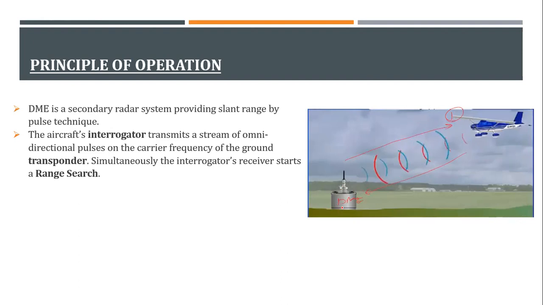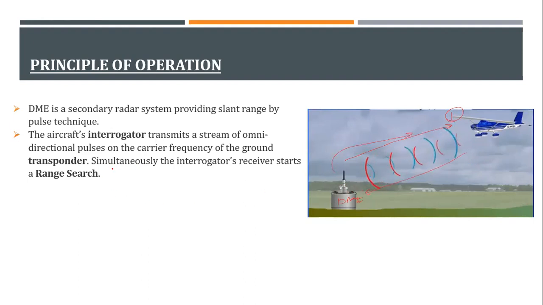Why does the DME copy the signal? Because every aircraft has its own jittered signal. Jittered basically means there's a slight change in the pulse or pulse pair per second. So there is a slight change in the pulse pair, and we'll see how that change goes. That change is copied by the DME and given back. Now, when it's given back to the aircraft, it quickly calculates the time and it gets the distance.